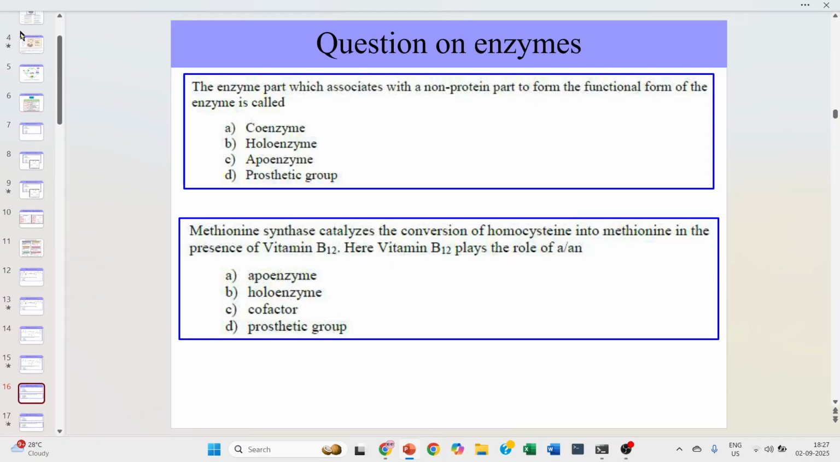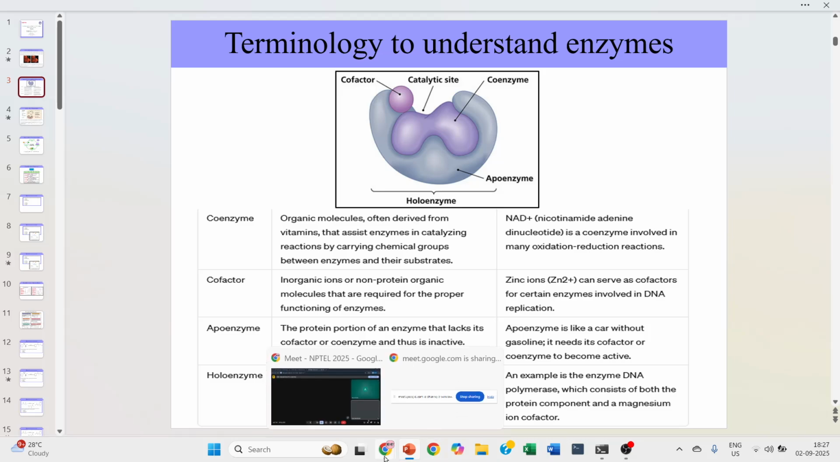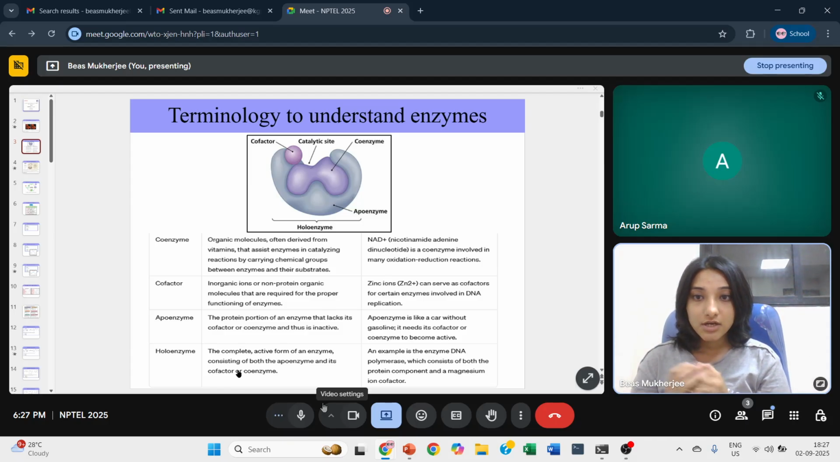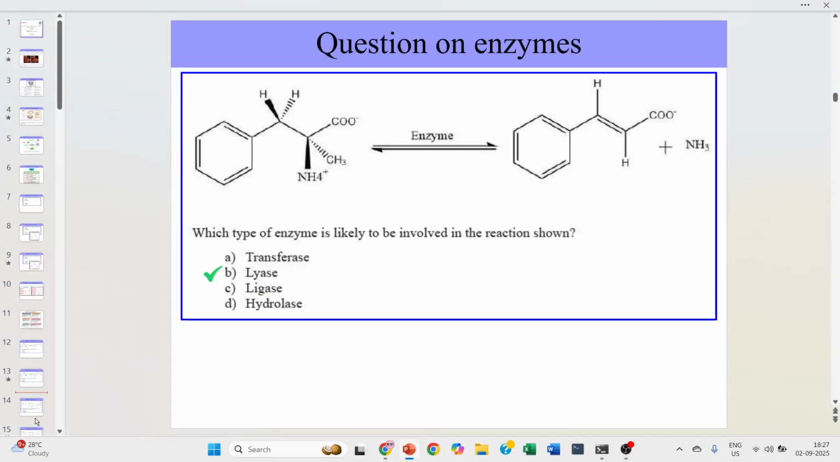So if we go back to this particular slide. Okay, so we have come back to this slide. See, non-protein organic molecules and inorganic ions that are required for proper functioning of enzymes are cofactors. And coenzymes are organic molecules that are derived from vitamins. So then for this particular question,